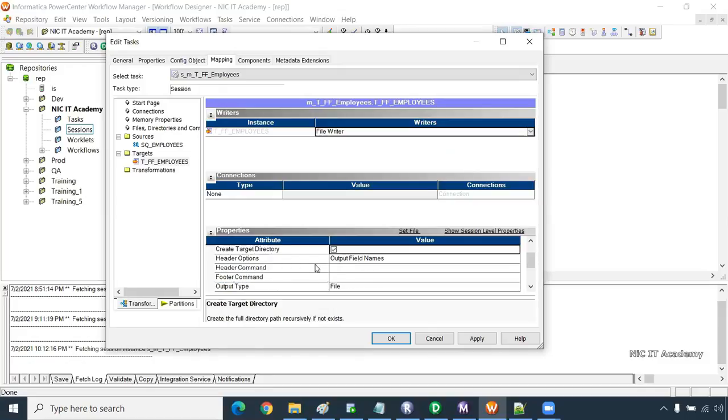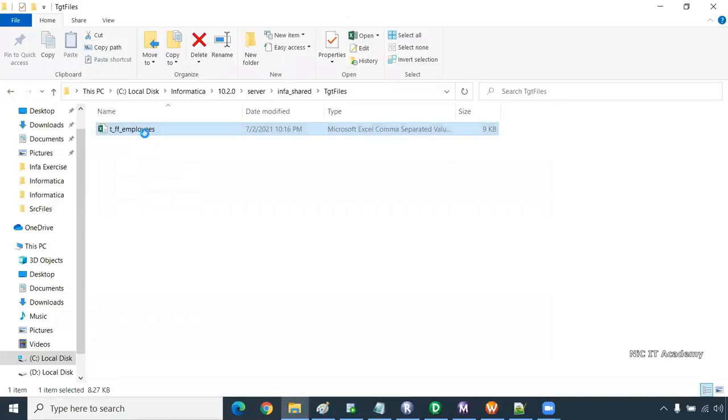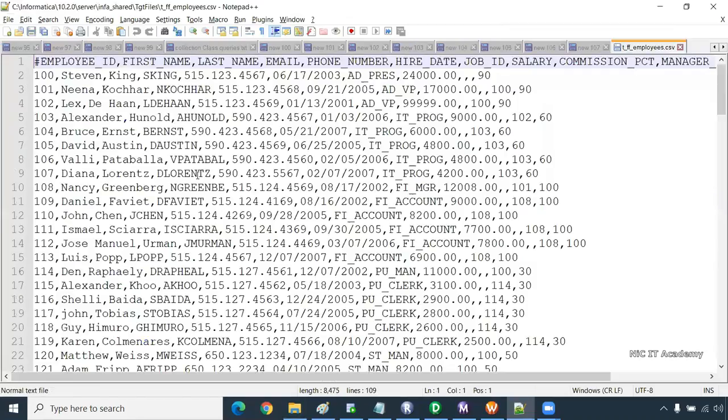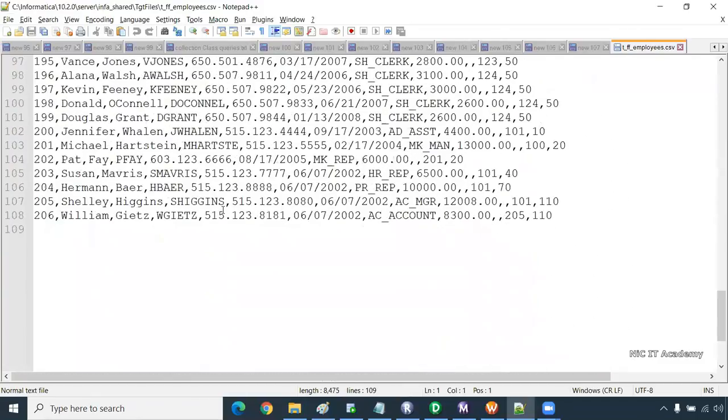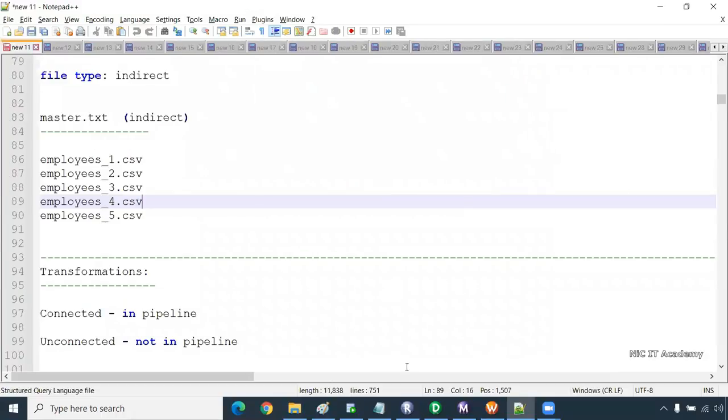I'm not enabling that, I'm just giving Append if exists. How many records are there in the file? 107 will be there. After enabling append, we will check how many. Here I have 107 records, including header. I'm closing it.